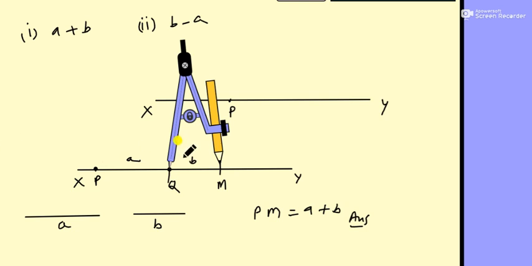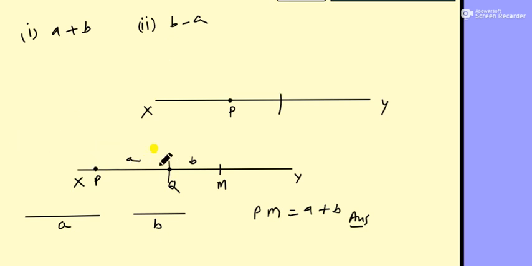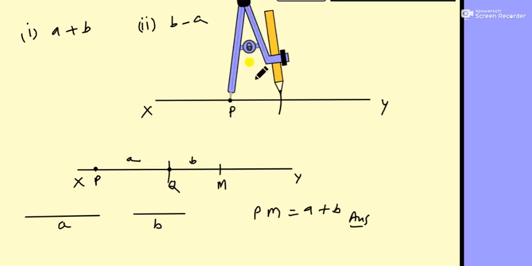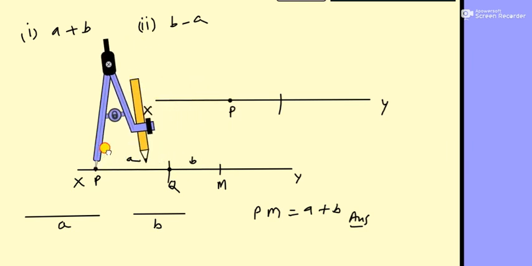So first of all you can take B from the P. So this point is P. You can take a roundel and make an arc like this. Now remove your roundel and once again take the distance. This one is A. So put the roundel at P and measure this distance.